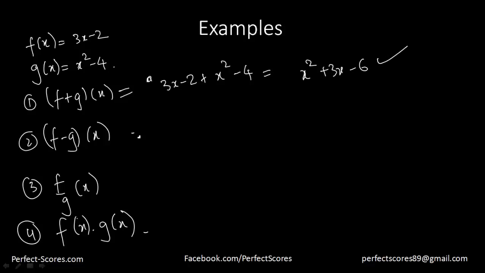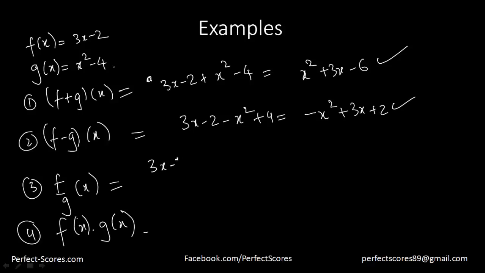So that's there. Second one is going to be equal to f of x minus g of x, that is 3x minus 2 minus x squared plus 4, which is again going to be a quadratic function like this. The next one is going to be equal to the division, which is f of x over g of x. So f of x is this and g of x is this. Now one thing that you have to understand, that x cannot be equal to positive 2 or negative 2, because